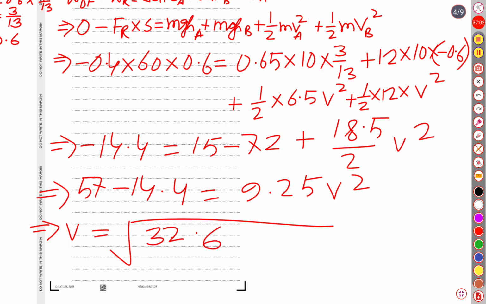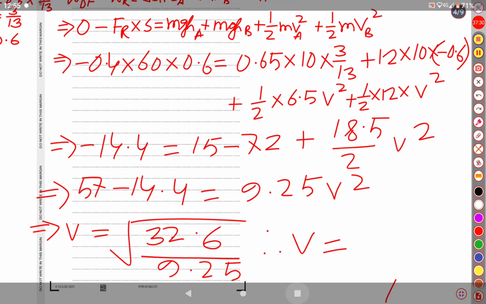And then it is going to be 9.25. Hence our velocity, v, is equal to 32.6 over 9.25. Using our calculator we will get